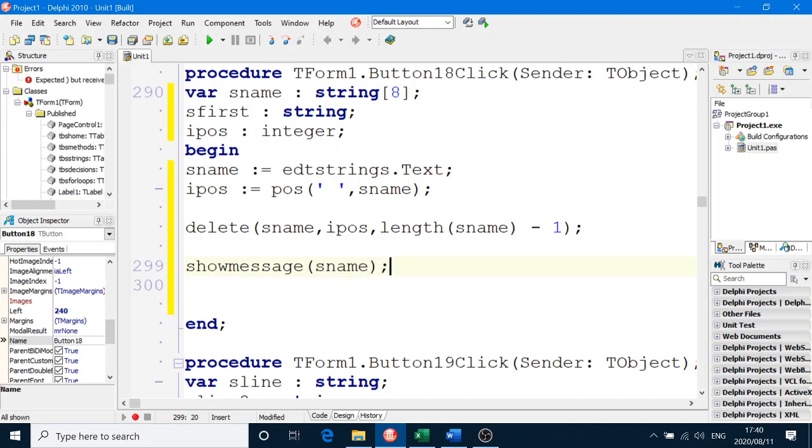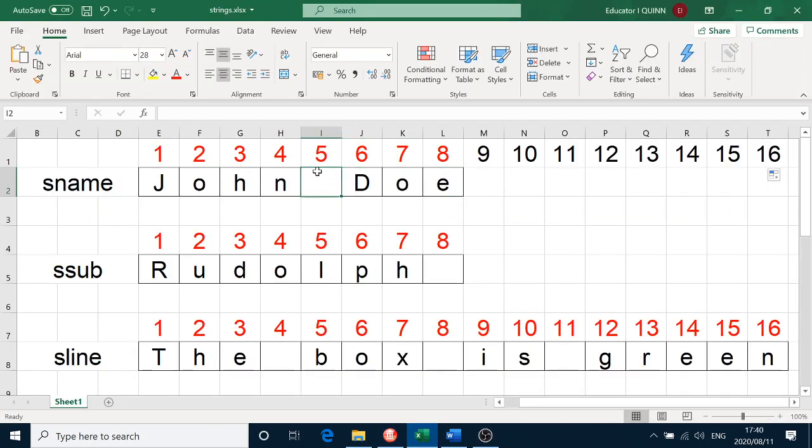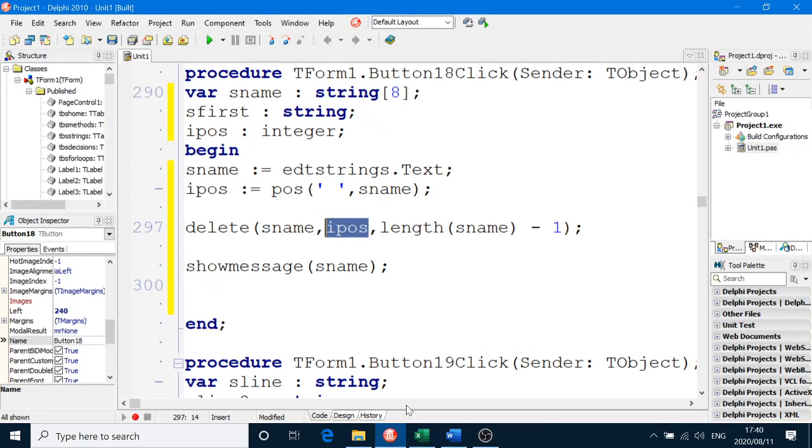Surname will now only have the first name and not even a space. So let's go and look at that again. Delete procedure. You delete from where you're deleting from. That is the Surname. Where are we going to start? Pos of the space in this case, because we want to delete the space as well. And then the length of Surname, which is 8,